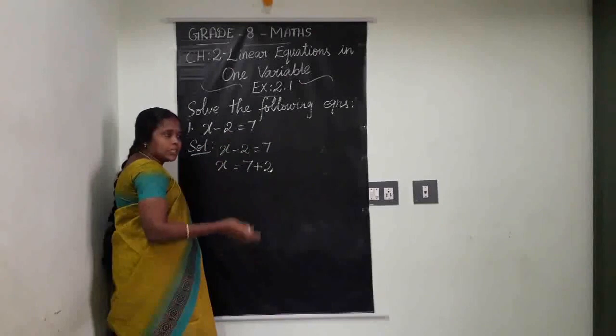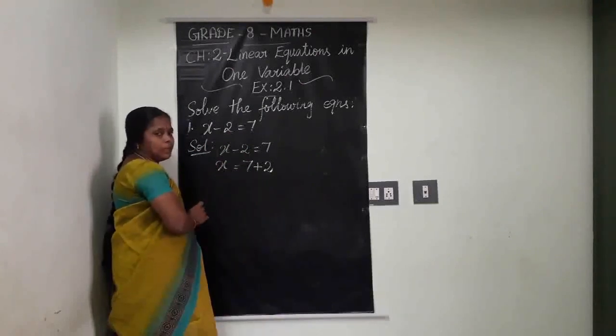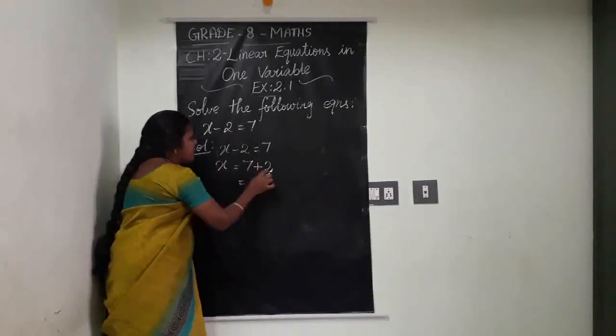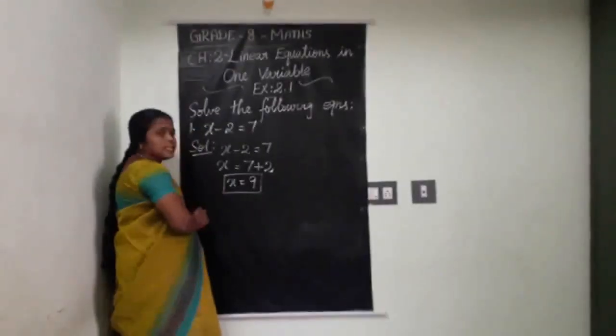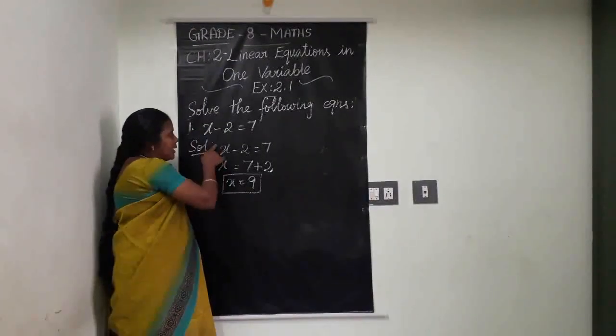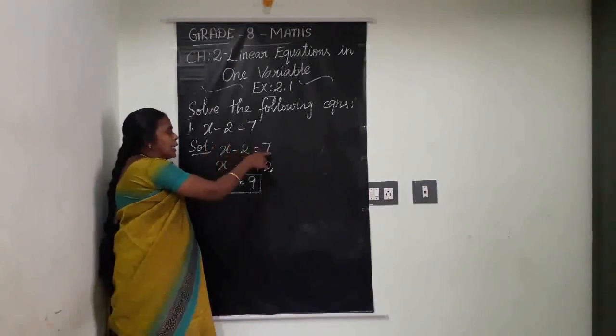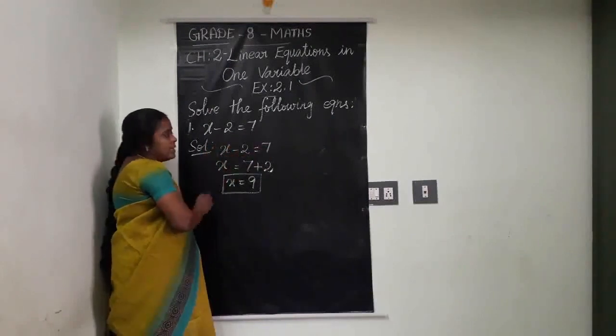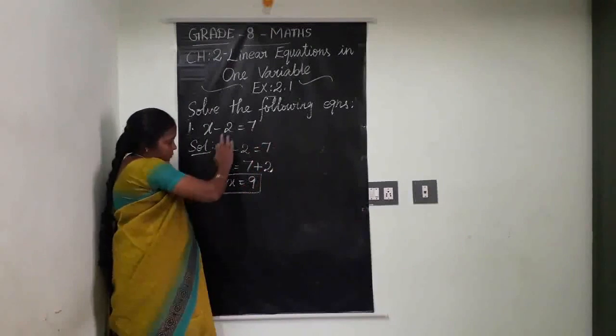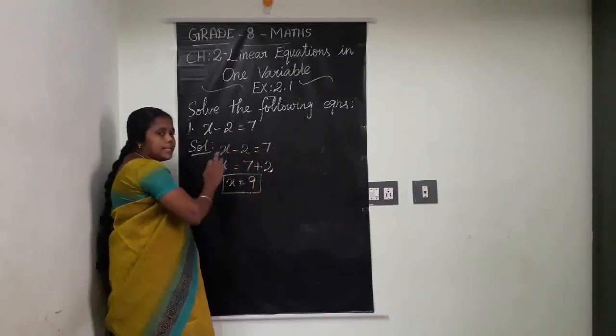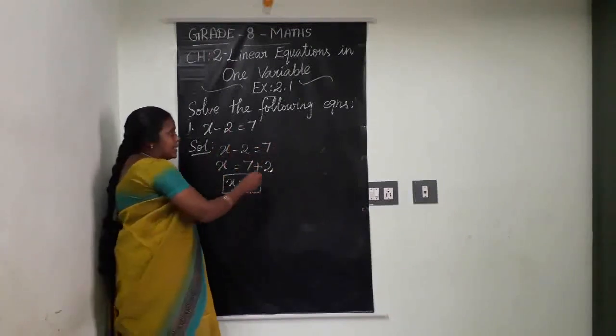Multiplication means division. Division means multiplication. Like that. Now what comes? 7 plus 2, 9. That's all. So the x value here is 9. 9 minus 2 equal to 7. It is coming correctly. Clear? By which method have I solved this? By the transposition method. Another method is